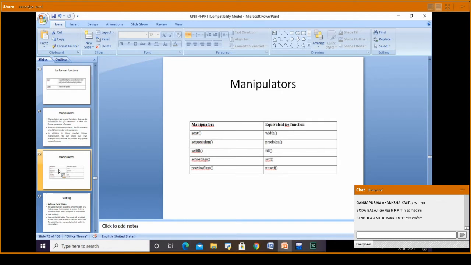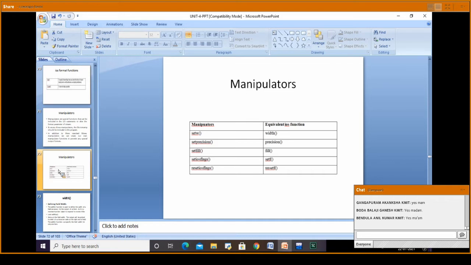Then the next manipulator is setprecision, equivalent to the precision function. setfill is equivalent to the fill function. setiosflags is equivalent to setf, for setting the flags. Then resetiosflags is equivalent to unsetf. Is it clear, everyone? These are different manipulators. Now, one by one, we'll see these.